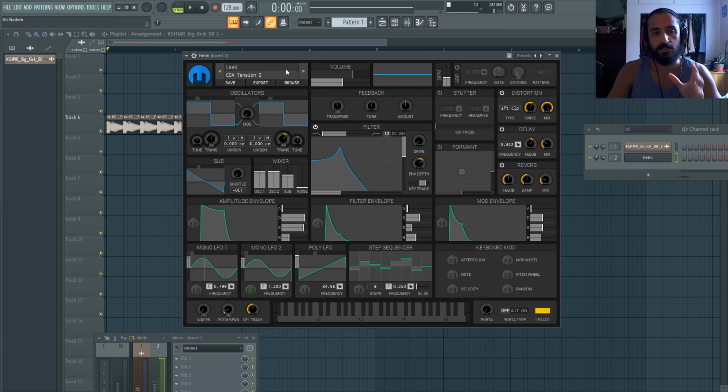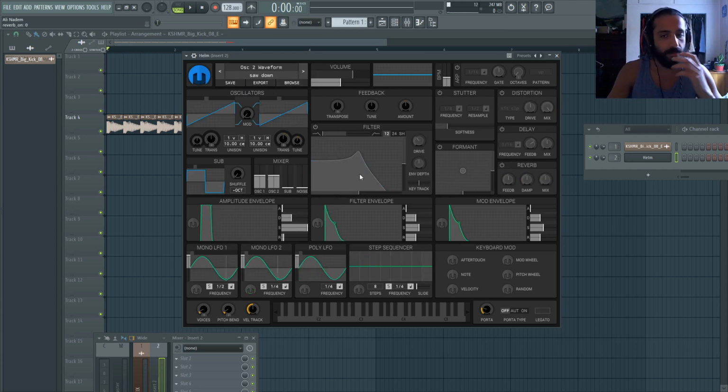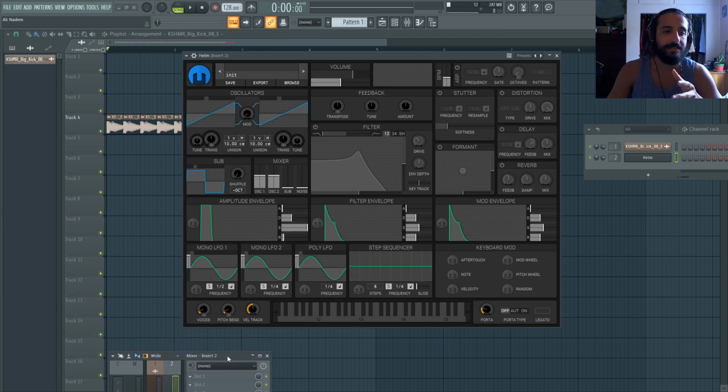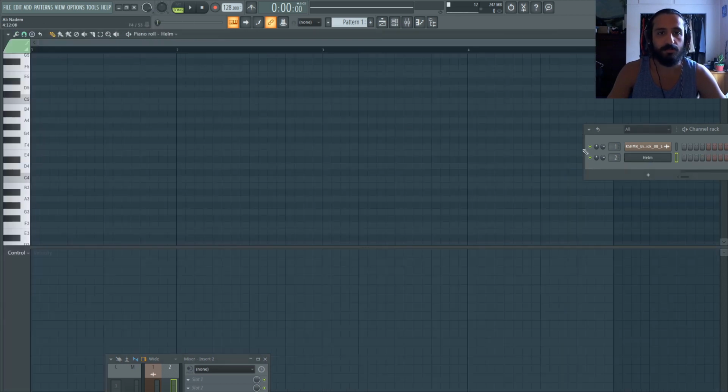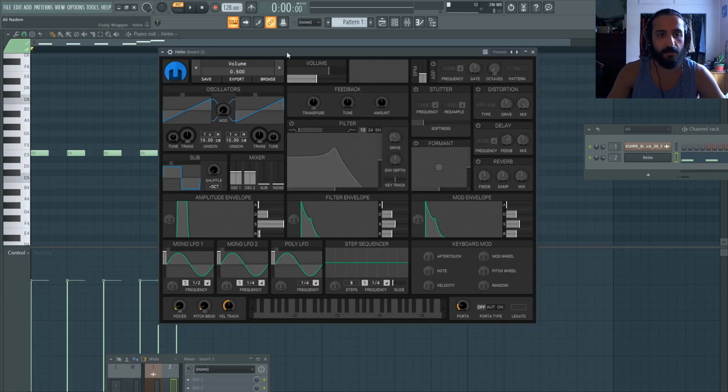So let's just see here. We'll just load init and let's just do some straight clean slate sound design. I have a Cashmere kick loaded here in the key of E. And let's see what we can come up with. We'll just come up with some sort of melody. Let's just put something there. Now,